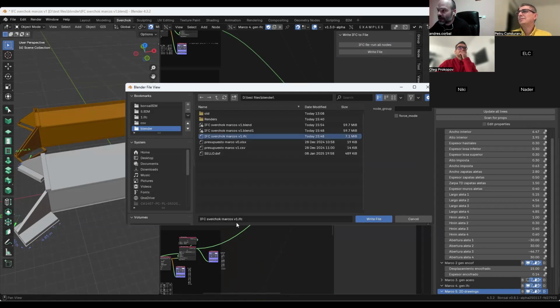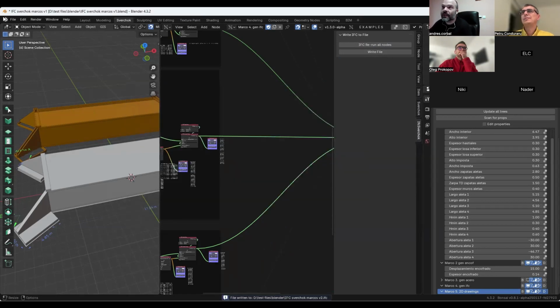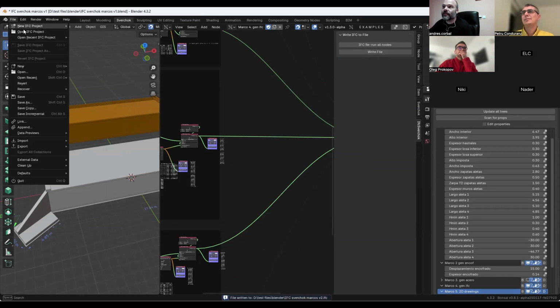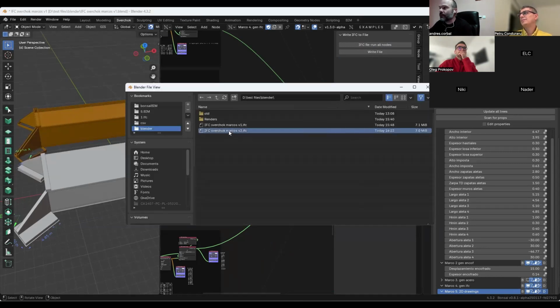Here is one, call it B2, and then you go to File, Open IFC, no, open Blender, open IFC, and then B2.